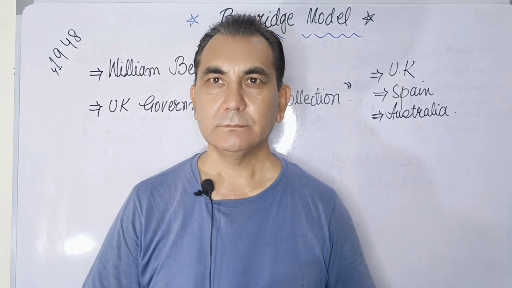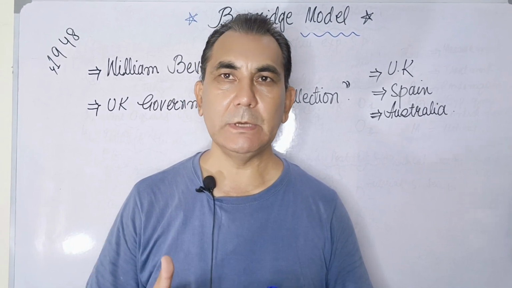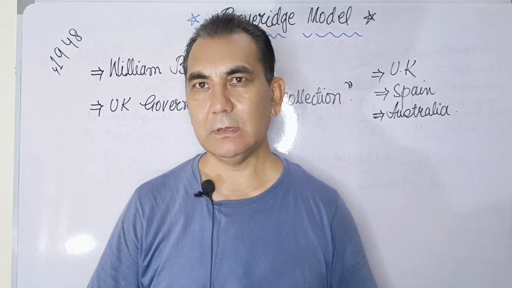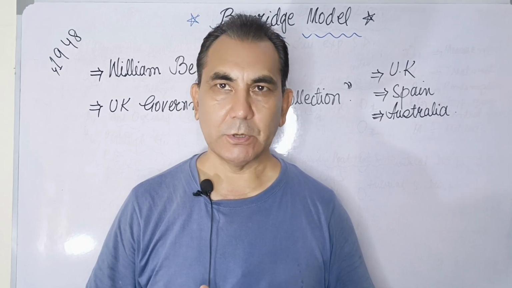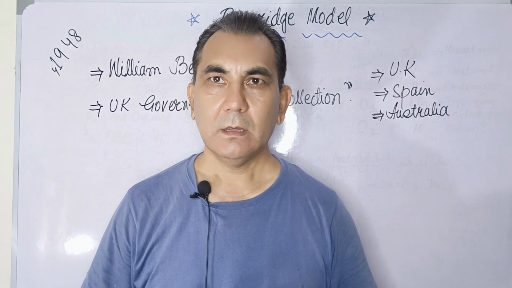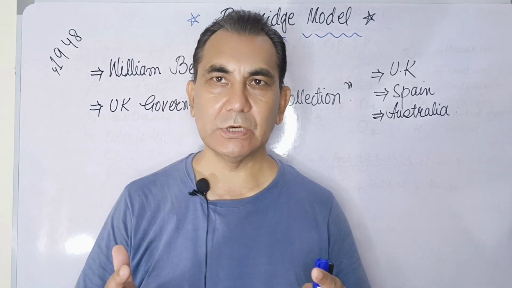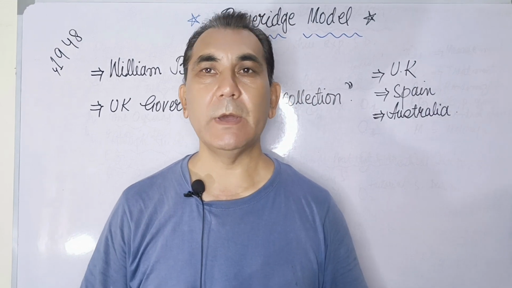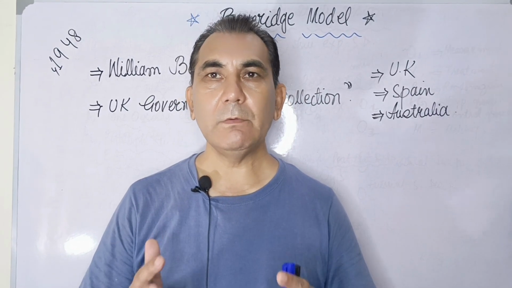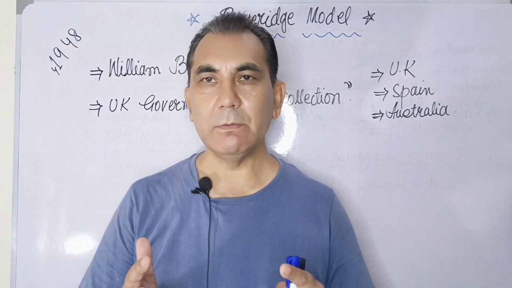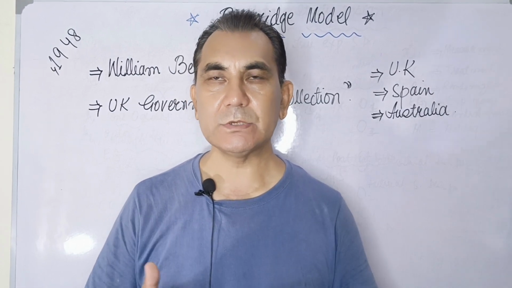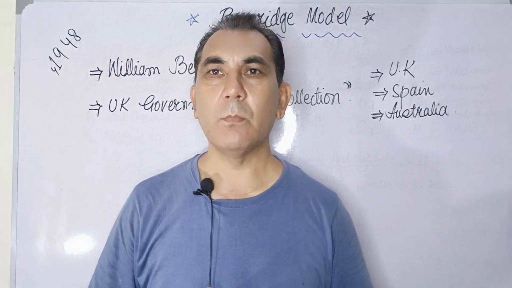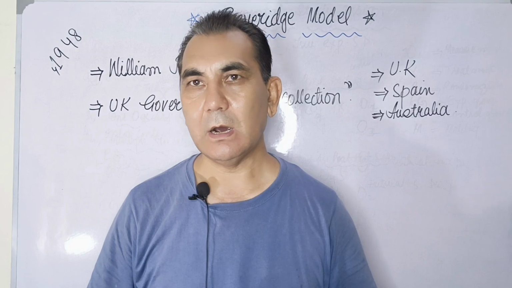In today's lecture of public health, we will learn about another model of social health protection. It is called the Beveridge model. The Beveridge model was made by a social reformist and activist, William Beveridge. William Beveridge in 1948 introduced a social health protection model, and under this model, the British government, under the Department of the National Health Services,